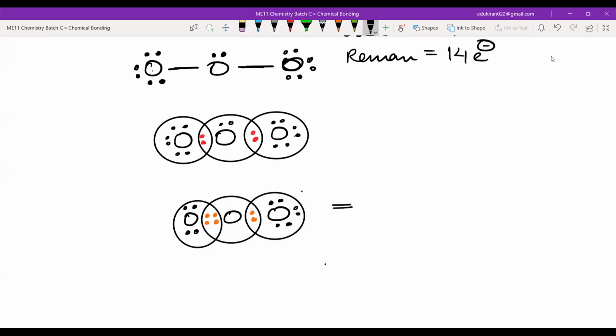Right? Now, all of them are having 8. And you can draw the structure like this. Okay, this oxygen has 1 lone pair also, right? Lone pair also. Oxygen, then a double bond oxygen like this. And it is not right to write a dative bond here. Let's just write like this. Okay, so this is the structure of O3. This is the structure of O3.